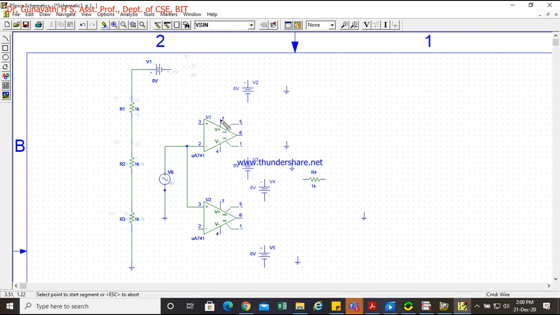Now this positive to be connected, 7 should be connected to the positive of this. So I'll rotate this. So this negative terminal should be connected here. So I've rotated this as well. So this ground, I think I've moved little down.